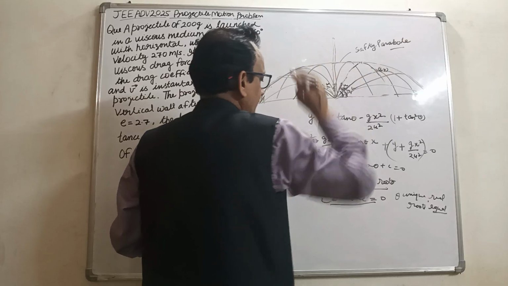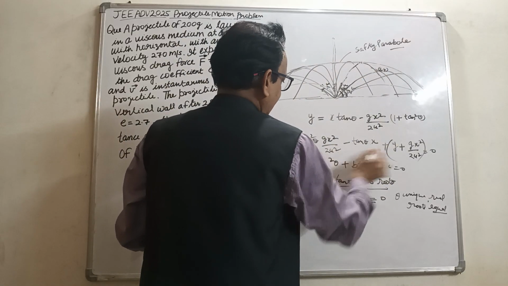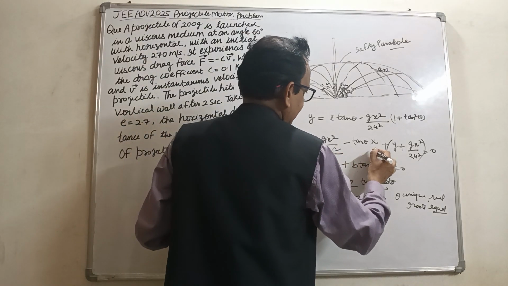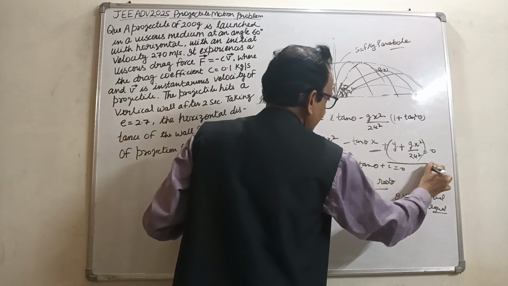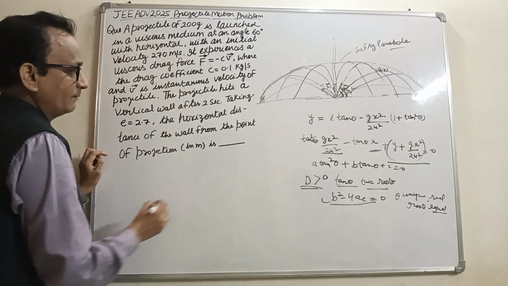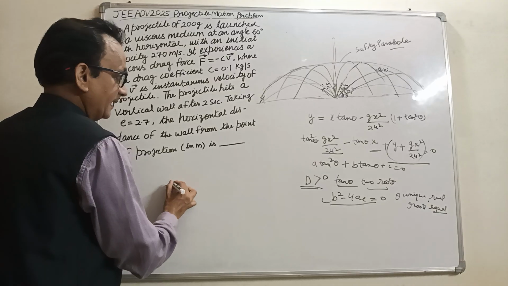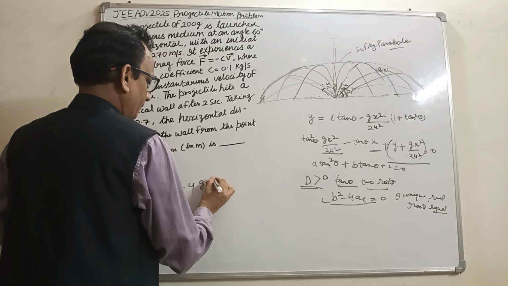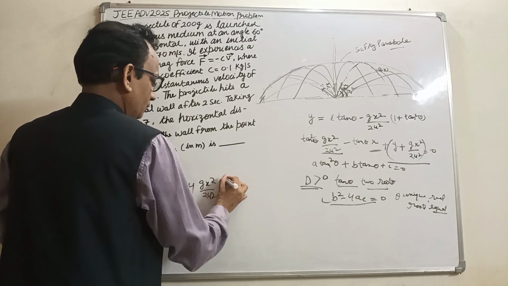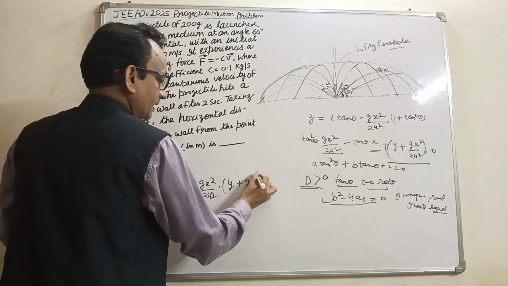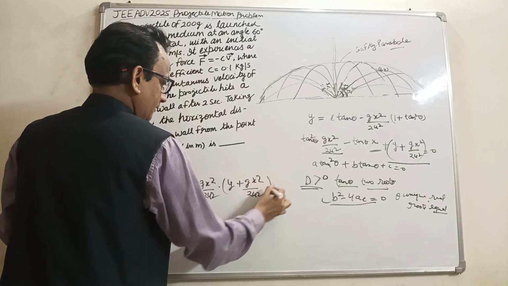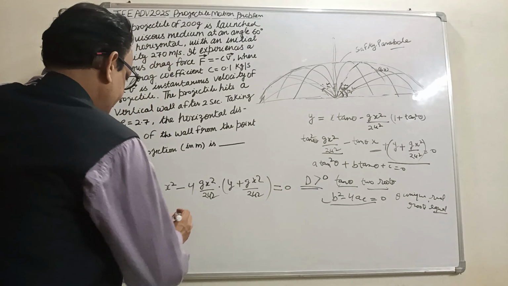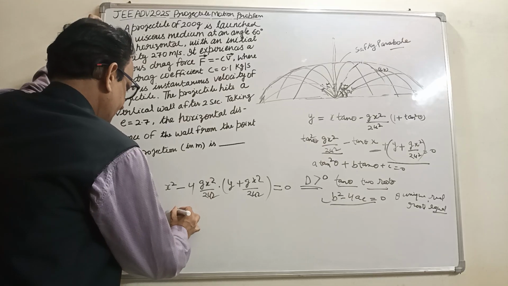Here theta having two values. So b square minus 4ac. So this is a, and this x is b, and this term is c. So what is b square minus 4ac? So this becomes x square minus 4 gx square upon 2u square into y plus gx square upon 2u square is equal to 0. So on solving this, this would be x square,